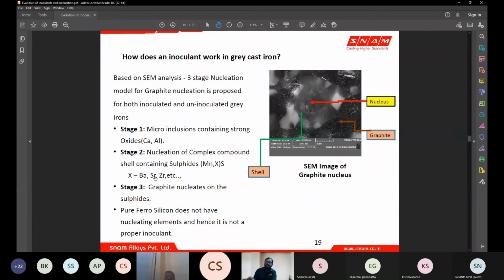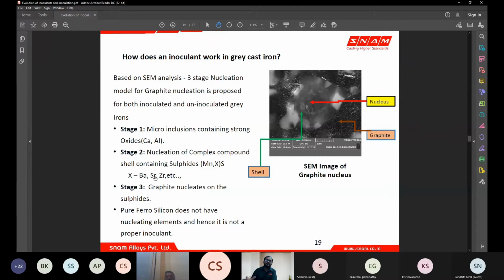So that means you definitely need an inoculant to have an improved performance. So without this X, you still can get the amount of nuclei, but it will be less potent or less strong, or it will be fading more. It will start losing its potency more. So when you add this X element, this X can be any of these inoculating elements. When you start adding X to this, you get a better nuclei. You get a strong nuclei and a fade resistant nuclei.